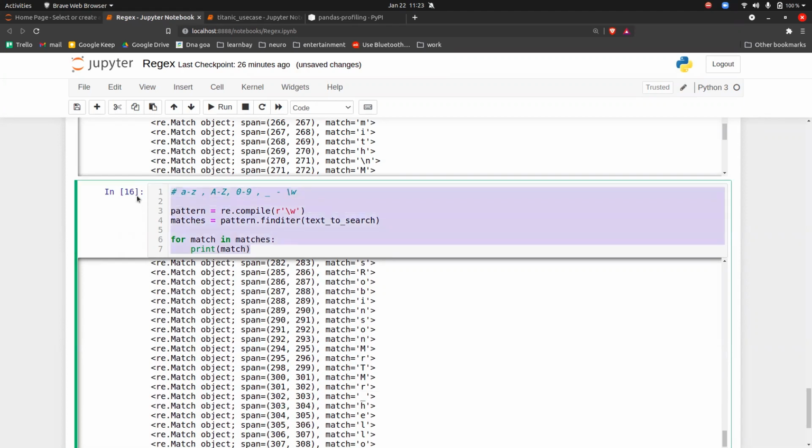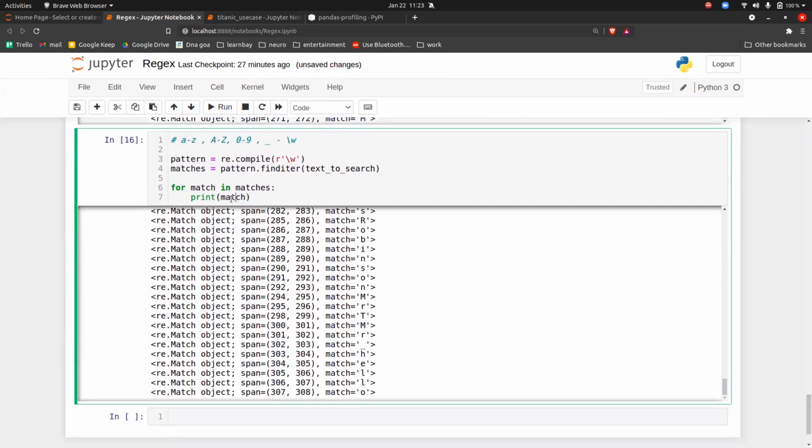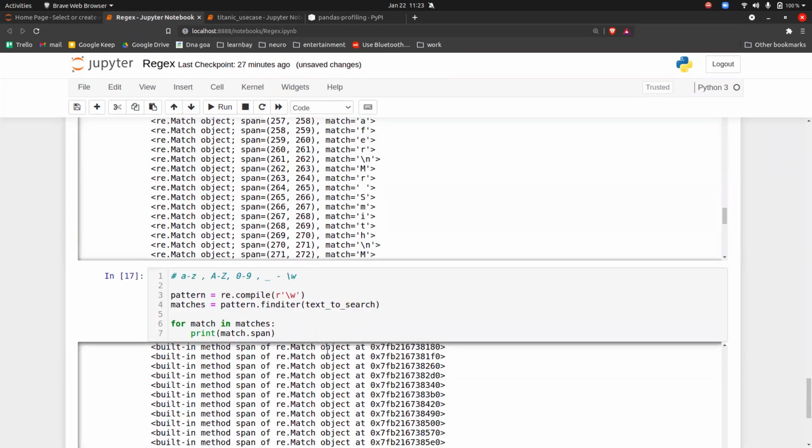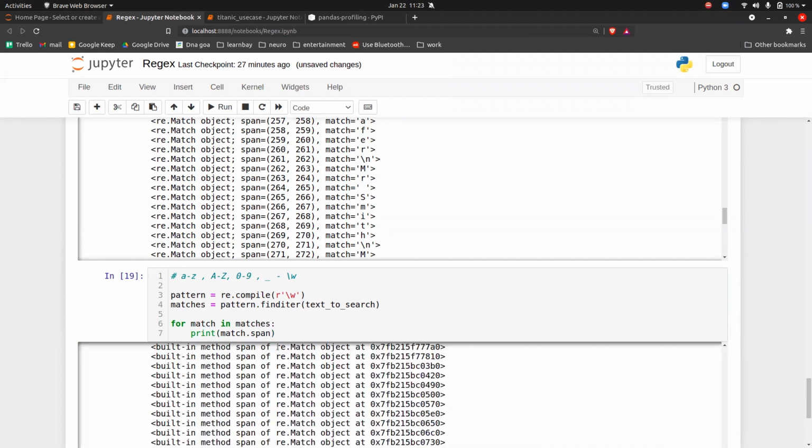Okay. Afsan, if we want to pick up these words, then how will we pick them up from this match? Match is a... So you have this match, right? If you do dot span, you will get all the span of it. And you can just do the 0 and the 1 and you can extract all the words. Got the point? Like match dot match 0. See, okay, sorry, wait. What match is, so this is what it is giving, a re match object.